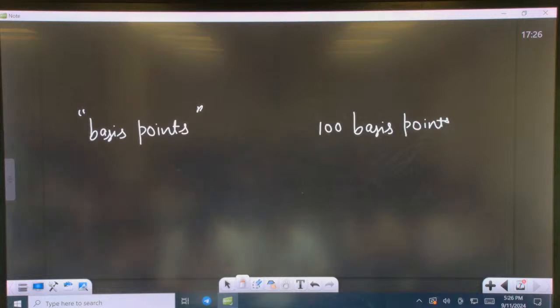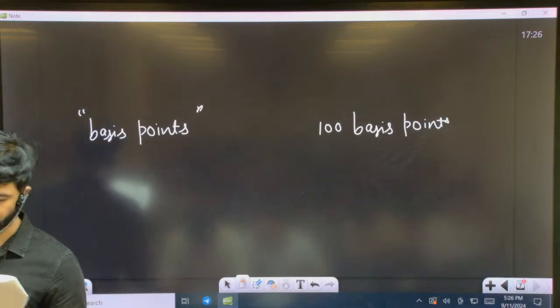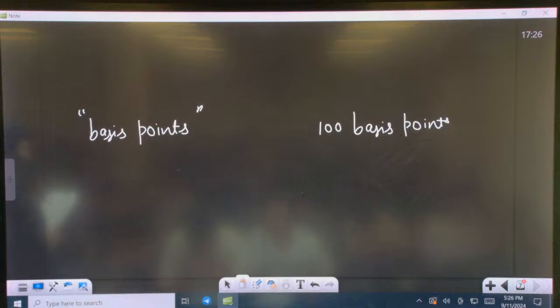Done? What is the answer? Very good. This is a very simple question. Okay, look at the board. What is the question? If basis points are defined,